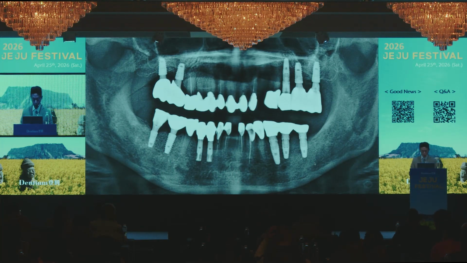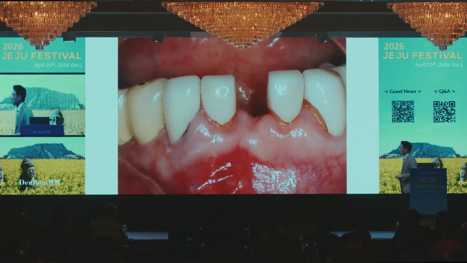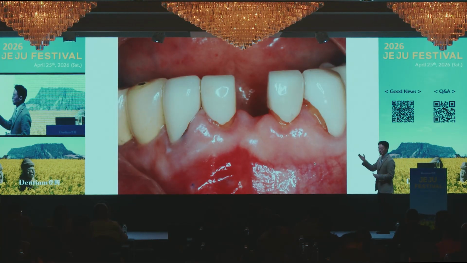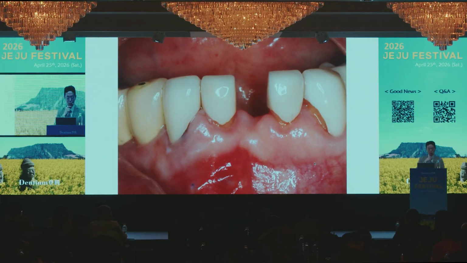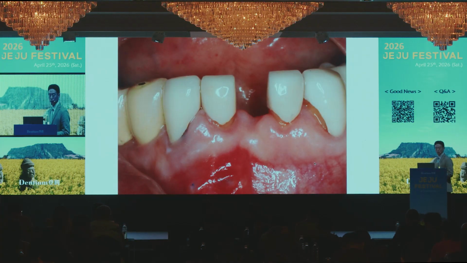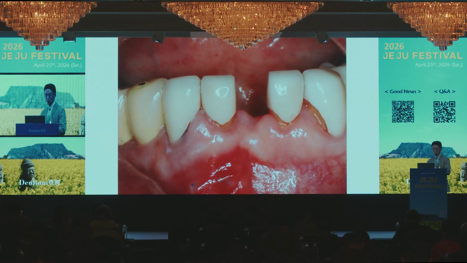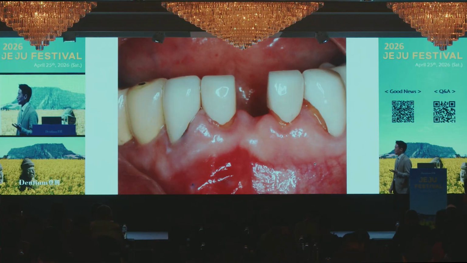The next case is a lower anterior case. I plan to place a single implant in the lower incisor area. As you know, for single missing cases in the lower anterior area, we usually recommend bridge implant treatment. This is because the lack of mesiodistal space and labiolingual space makes it difficult to find the proper size of the implant fixture. But this patient wanted to get a single implant because